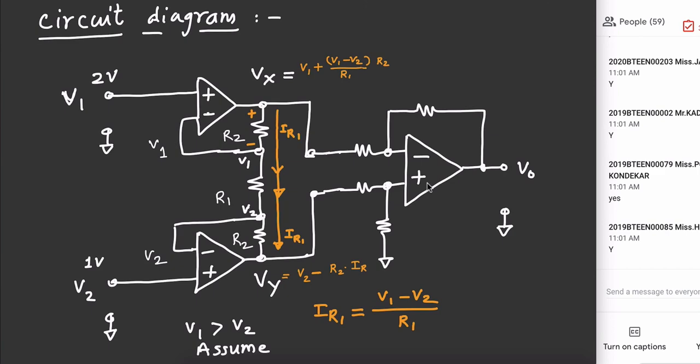Okay. If we temporarily assume that these resistors are equal R, then Vo will be Vy minus Vx. ये VO आएगा. So now you do Vy minus Vx and find out what is the formula. Okay, by the time you do that, I will open the lab manual and show you the final output. We don't have much time, but directly we will go to the formula. So within 1 minute we will take a pause.